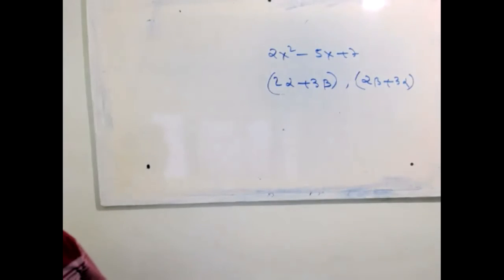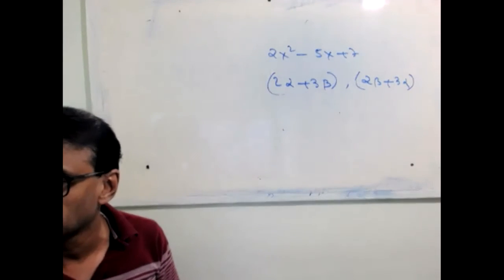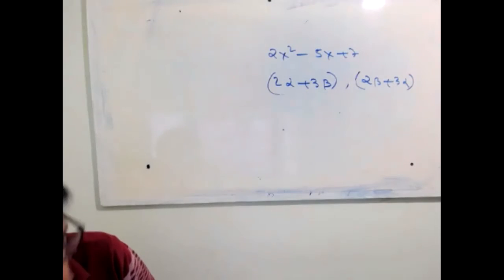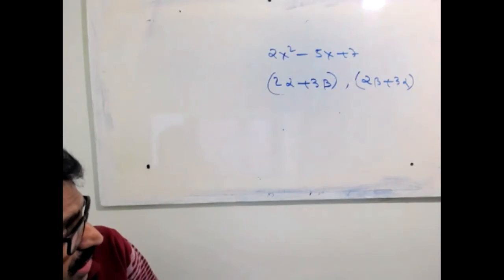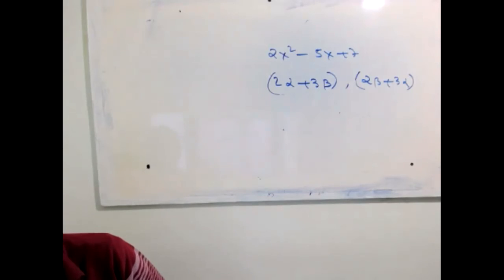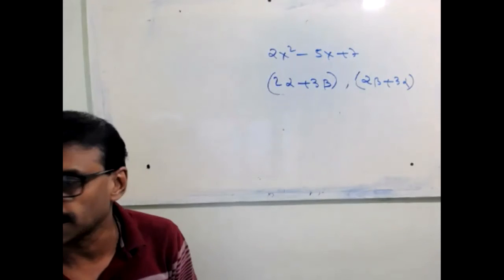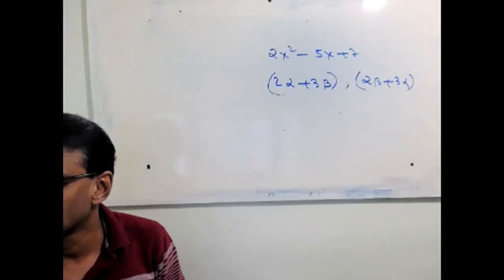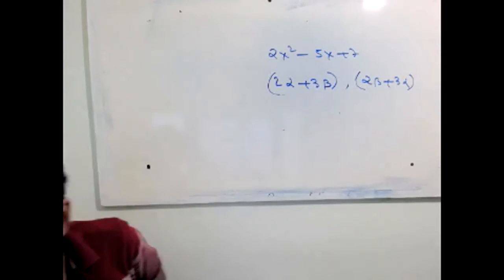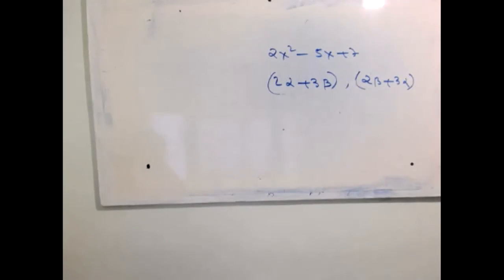Question is alpha, beta. Come on, listen. Alpha, beta are the zeros of the polynomial 2x squared minus 5x plus 7. Find a quadratic polynomial whose zeros are 2 alpha plus 3 beta and 2 beta plus 3 alpha. Yeah, that case study question all you can check yourself. Case study here polynomial only division but not done now.